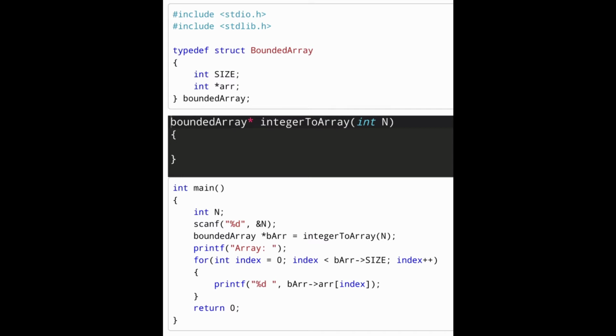Then we have the function named integer2array, which accepts the integer n in its arguments, and we should implement this function. In the main function, we accept an integer n as input, convert that integer into an array using this function, and print the array. Now let us see how we will implement the function integer2array.